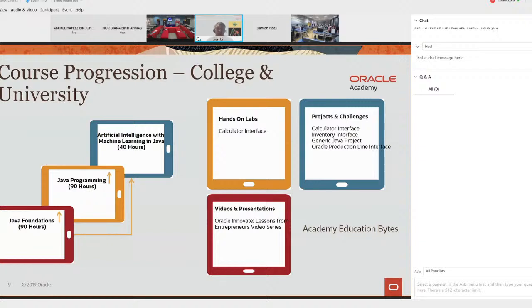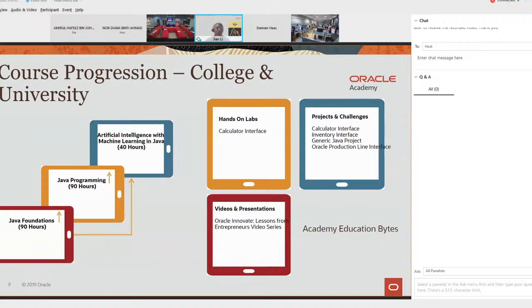I think when they combine the knowledge of Java programming and the knowledge of the JVM, the student can build the application, monitor their application, manage their Java application, and of course performance tune their application. They know exactly what happens during runtime. Okay, so in the Java programming curriculum, we are going to focus on